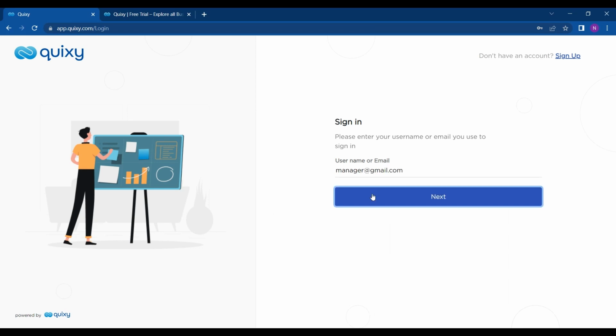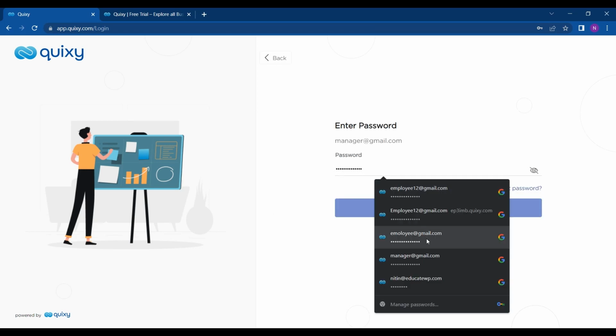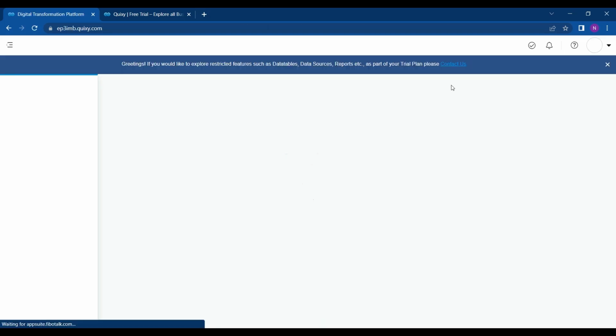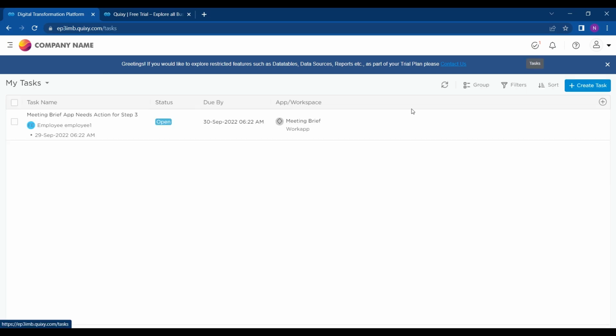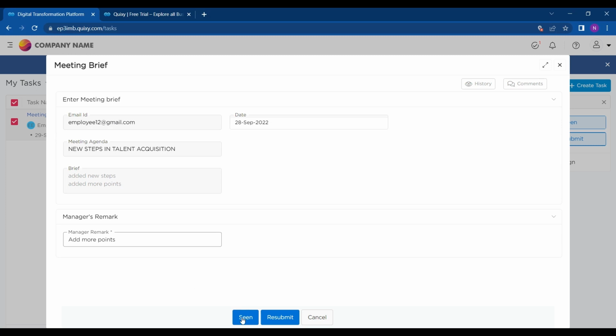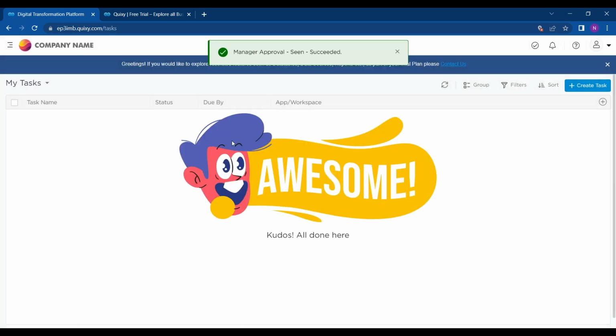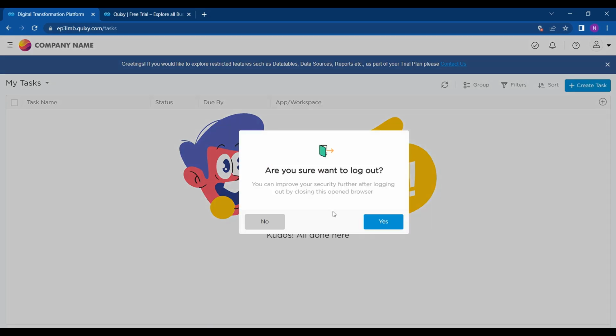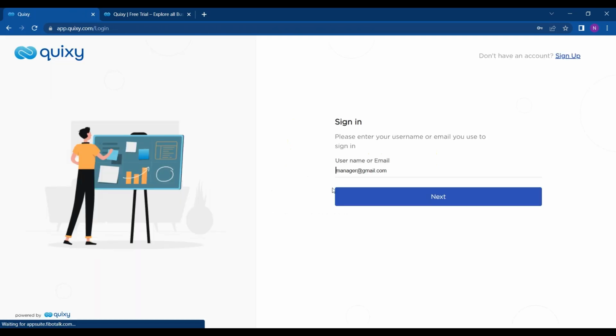and now the manager can again view it in his task just like before. And he can again approve it by clicking on seen. So this is how the application works. He can see the meeting brief, or the other managers can also see the meeting brief if they have forgotten or were not able to attend it. So I'll just log in with my admin account again,